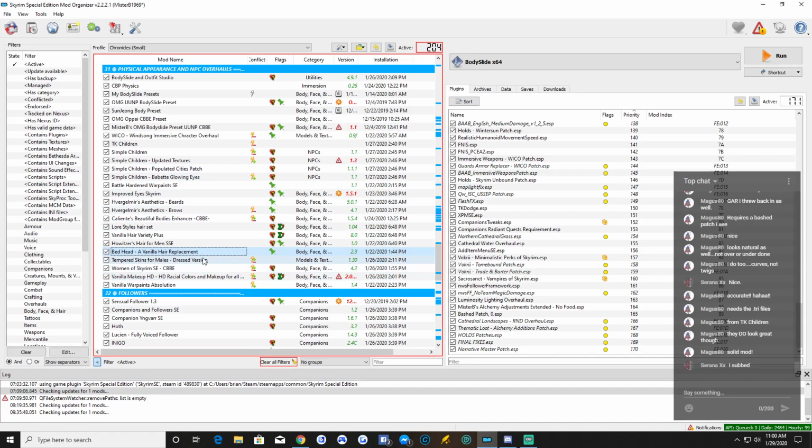For males, I'm using Tempered Skin, overriding Wyco. These really fit the vanilla style I'm going for here. And I'm using Women of Skyrim for my female skin overhaul. And then I have my last two